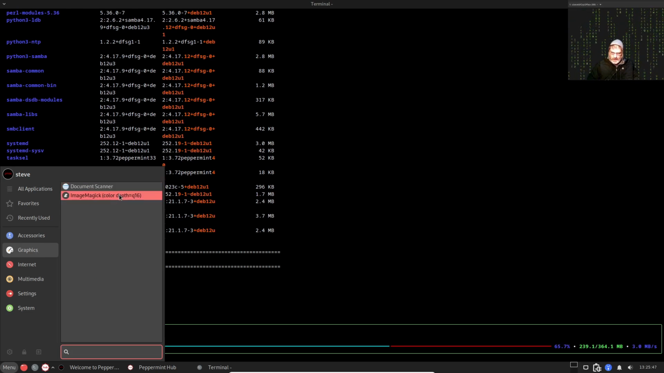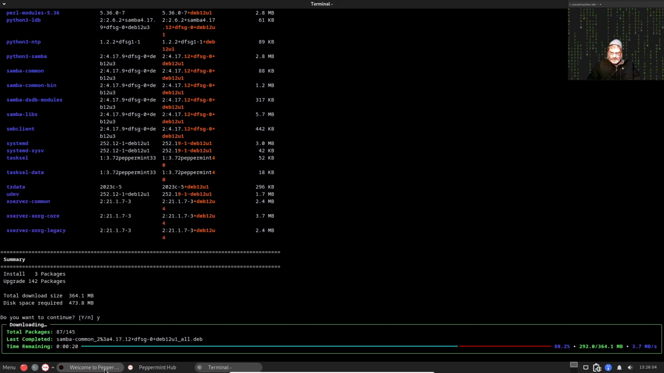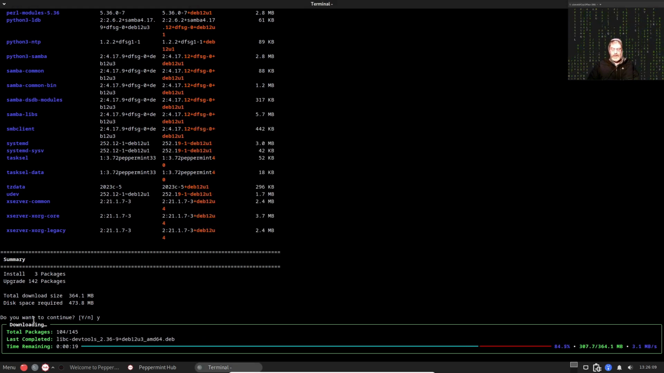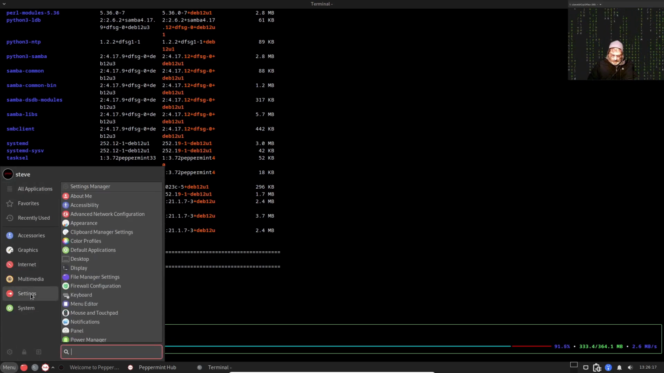Graphics, we have document scanner and ImageMagick. Internet, we now have Firefox ESR and Remmina. Remmina, I believe, is a remote connection program. Multimedia, just have PulseAudio volume. Now back in the little start center thing right here, you have access to media players. And in settings, you have a whole bunch of stuff like color preferences, clipboard manager, appearance, desktop, display, file manager